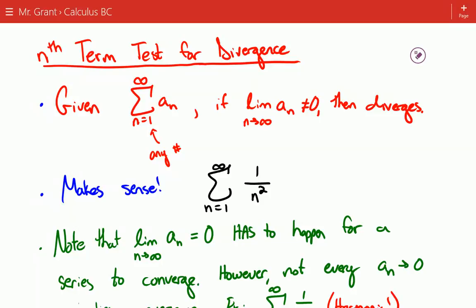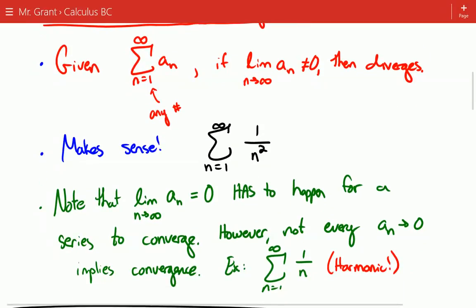If it continues to grow, it's going to diverge. So, if our limit is not equal to 0, then it's easy enough to say that the series diverges. Unfortunately, pretty much every series we're going to look at will not have that true. Specifically, just about every series we're going to look at, when we take the limit, it's going to end up equaling 0. Just be super, super careful,